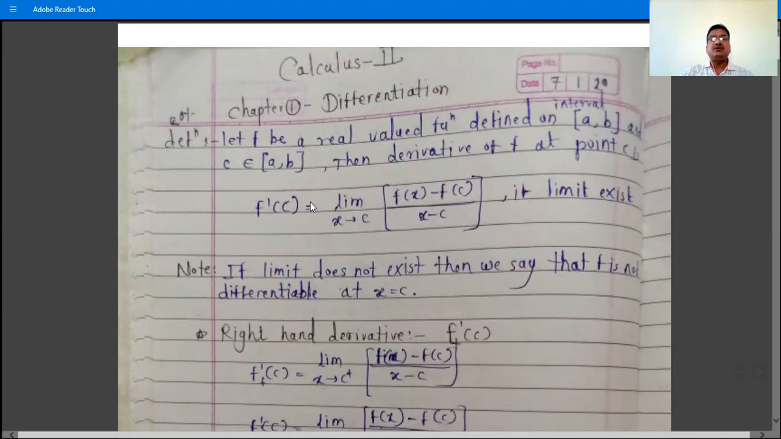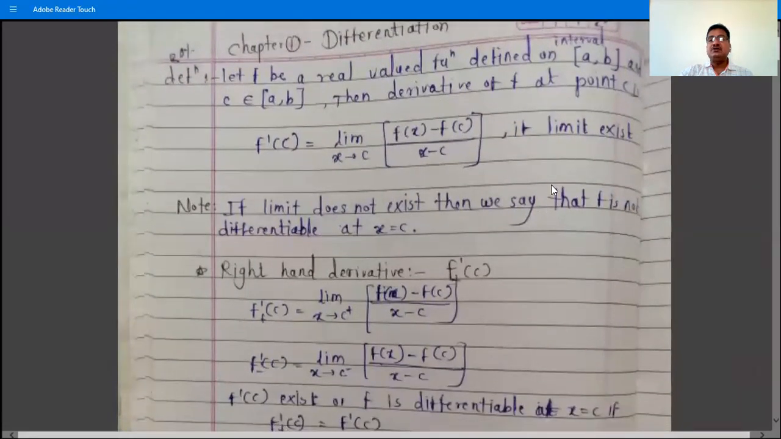So this is the definition of the derivative of the function f at the point c. The function is defined on this interval (a, b), and c is a point of that interval. So the derivative of f with respect to x at point c is f dash c equals the limit as x tends to c of f of x minus f of c divided by x minus c. The wording is: if the limit exists. If this limit does not exist, then we say f is not differentiable at x equal to